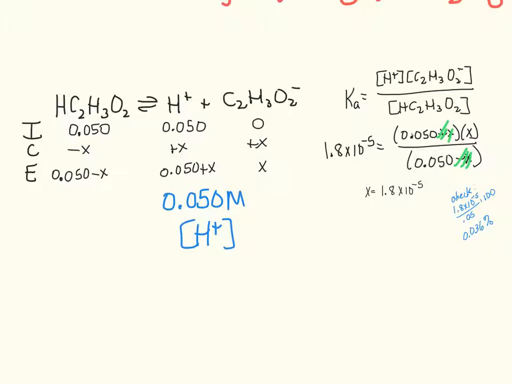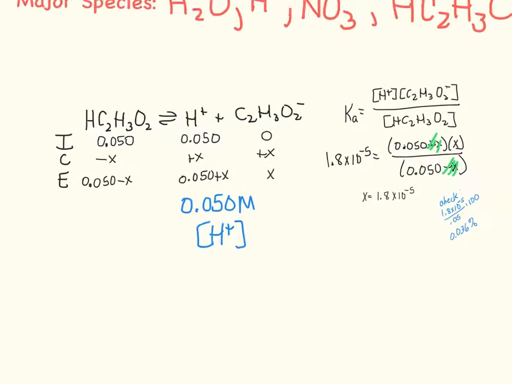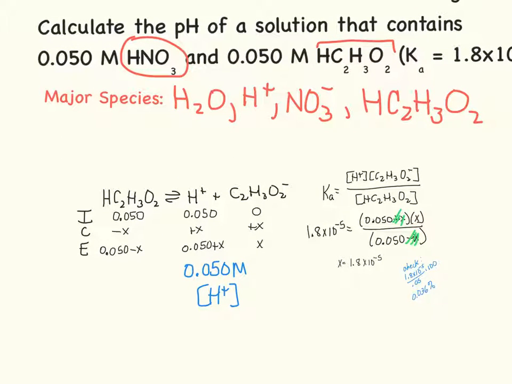Do you realize where that came from? That came from our strong acid. The strong acid totally dominated the pH because it totally controlled the hydrogen ion concentration. The weak acid really didn't do all that much to help. So the pH of this solution is the same as the pH of a solution of just our 0.05 molar